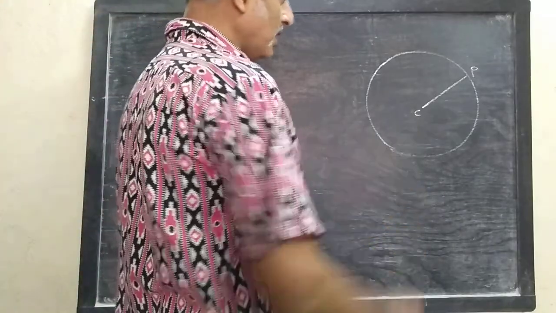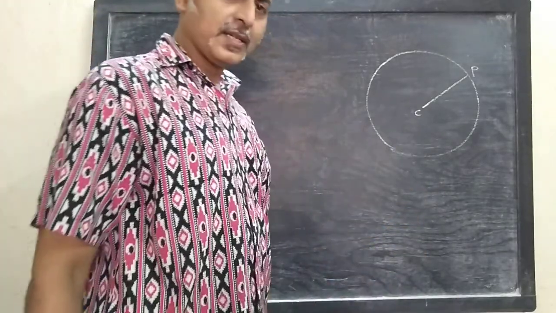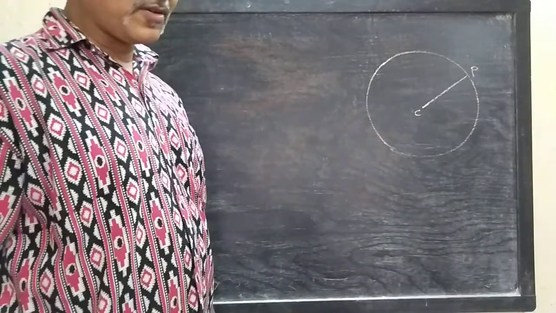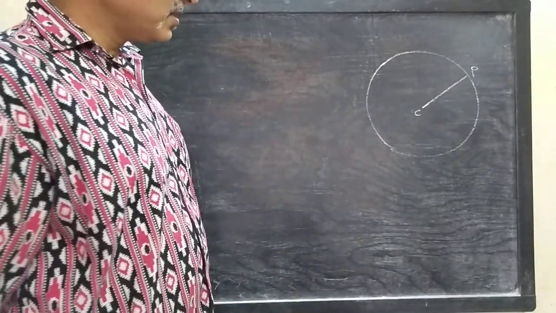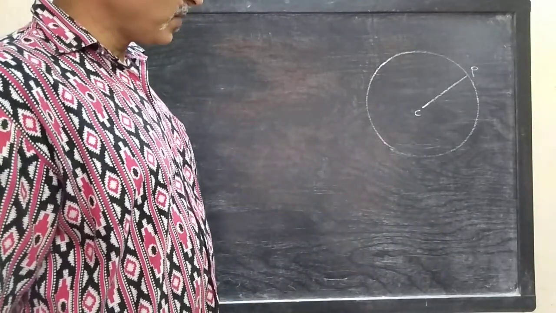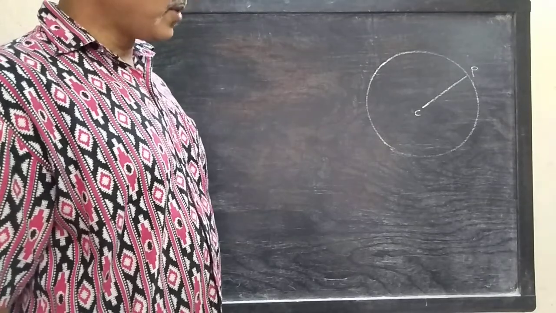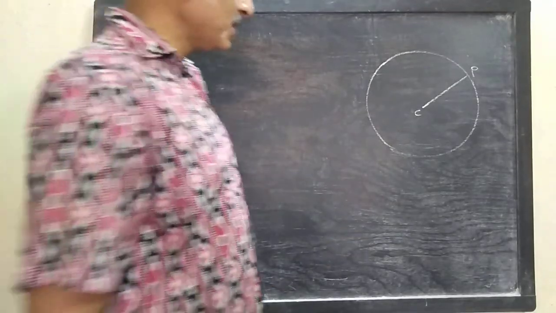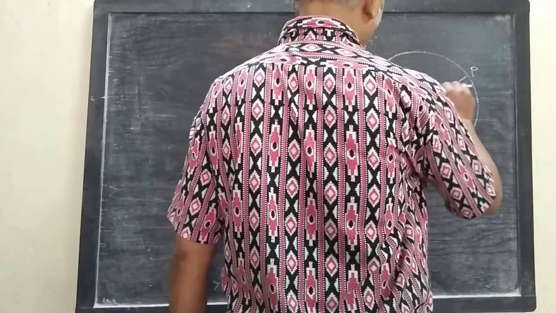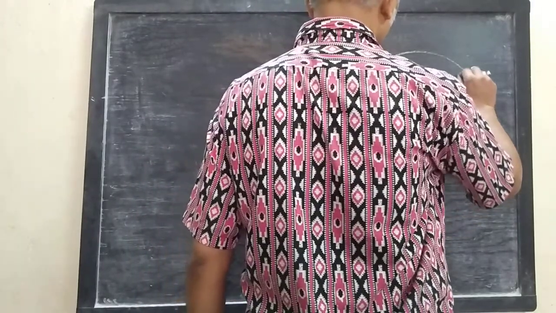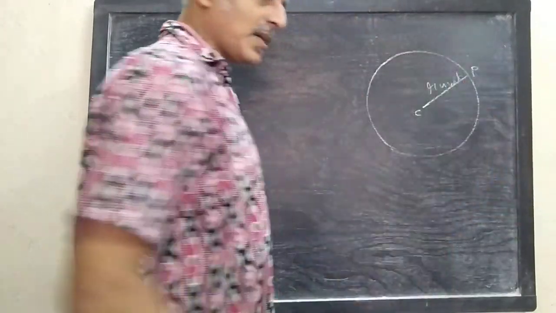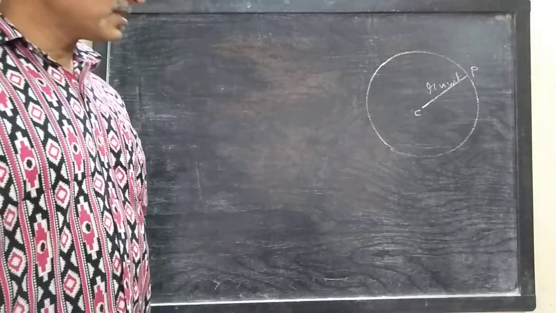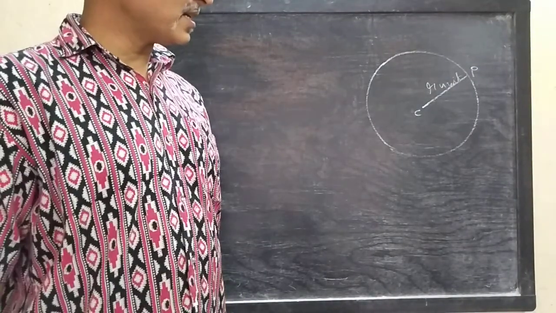Suppose C is a point lying on a plane, that is on the plane of our blackboard. C is a fixed point lying on the plane of our blackboard, and P is a point which moves on the same plane keeping equal distance. Say this distance is r unit. Then the path travelled by the point P, that is locus of the point P, is a circle having center C and radius r units.